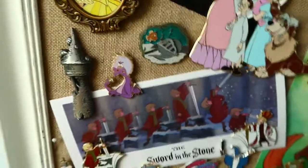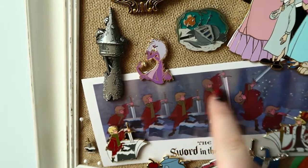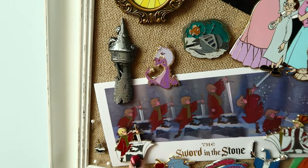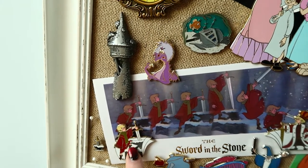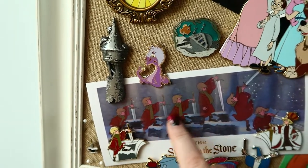Then we go down into my Sword in the Stone collection. This is actually like a cardboard print that came with these two pens. This one has Arthur pulling out the sword and Arthur as the king, and I thought it was just a great